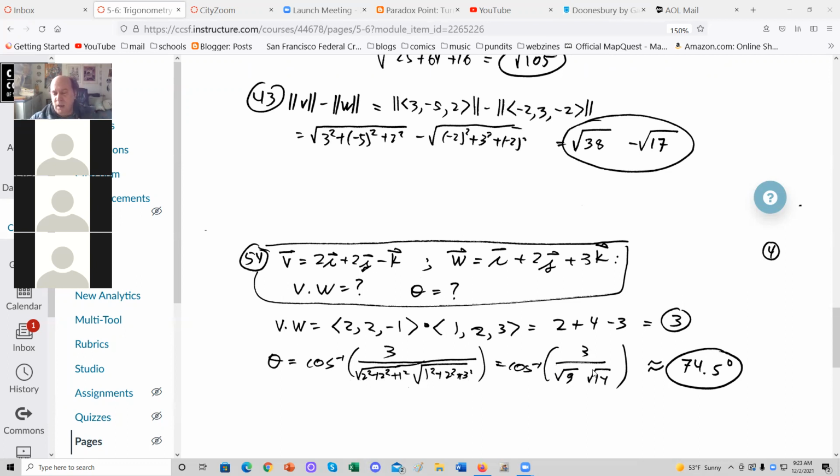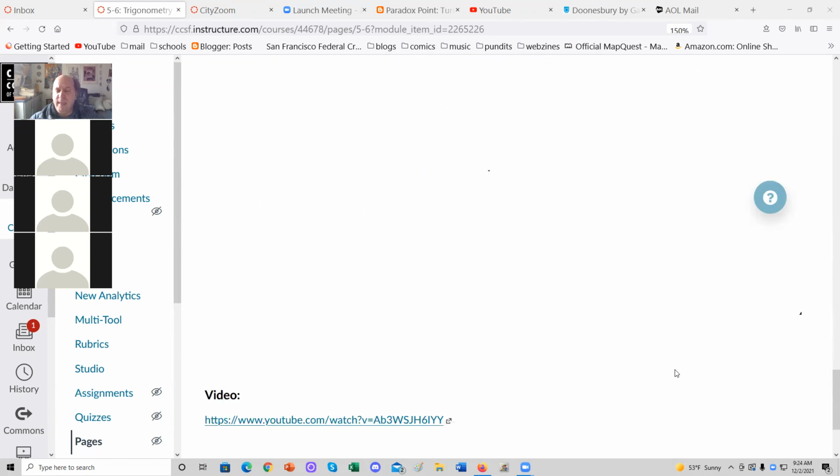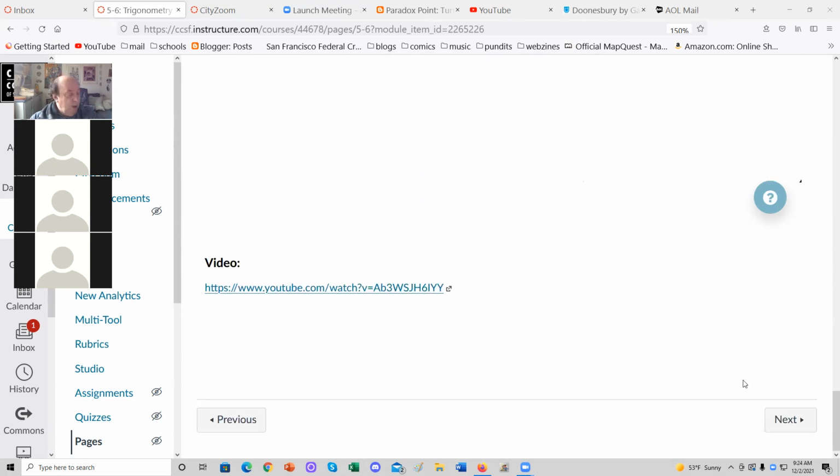And churn it along a bit. I mean, okay, root 9 is 3, so you can cancel the 3's and get arc cosine of 1 over root 14, whatever. You get the same answer either way, approximately 74.5 degrees. Okay, that's what we have for these problems. Okay, I believe we've